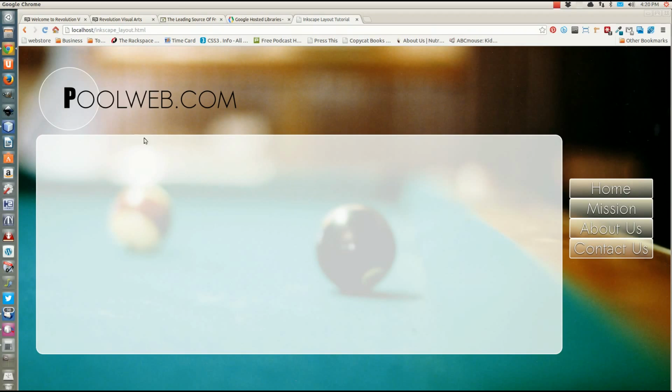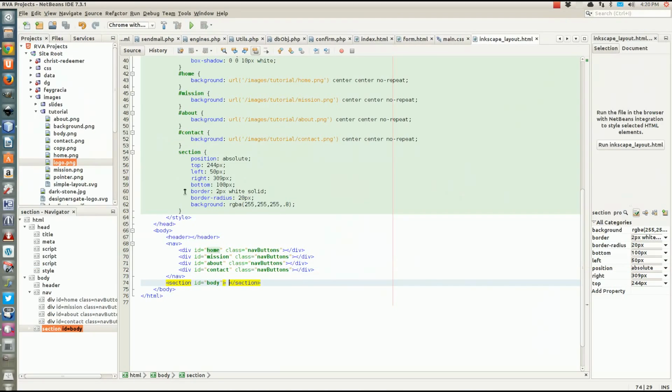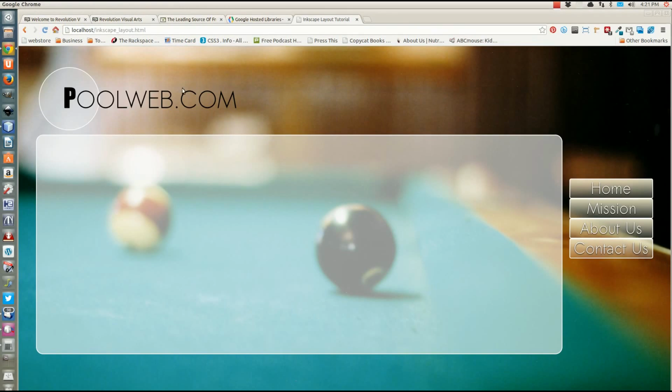There you go. I'm gonna mesh this so it has to be like 60%, 40%. I forgot to take note on that. There you go. So we have our web